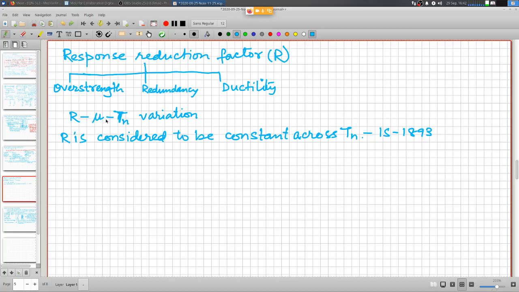Mu of course changes, or I should say R depends on mu. Dependence on available ductility